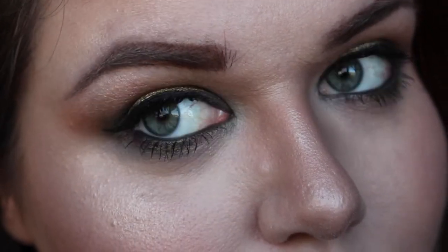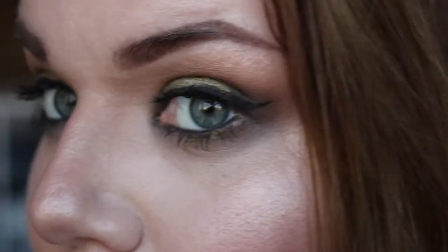We're going to be creating this really glam green smoky eye with an orange transition. If you want to see how we get this look,